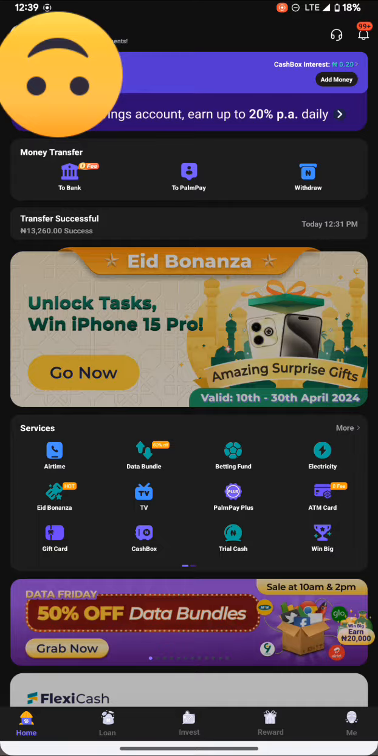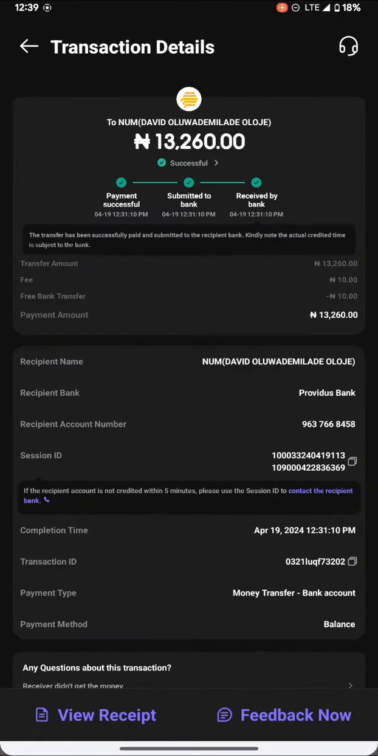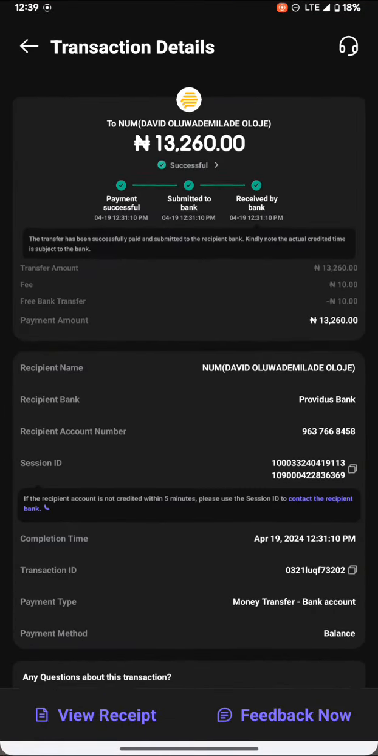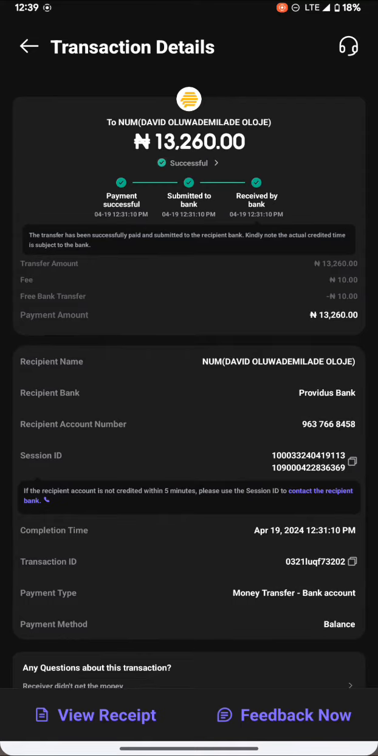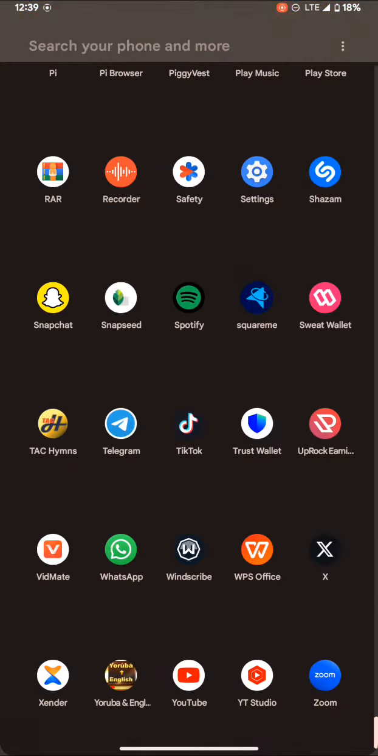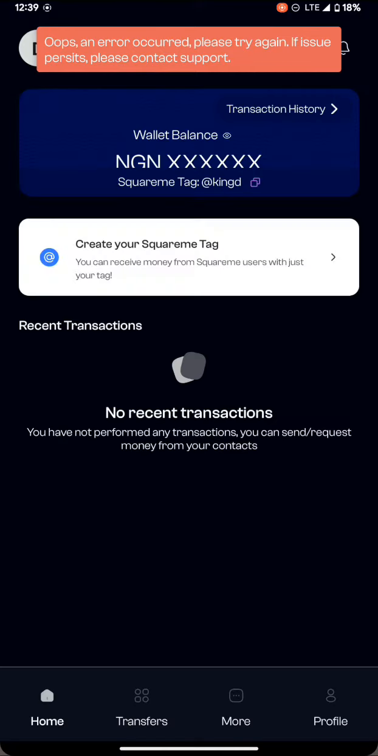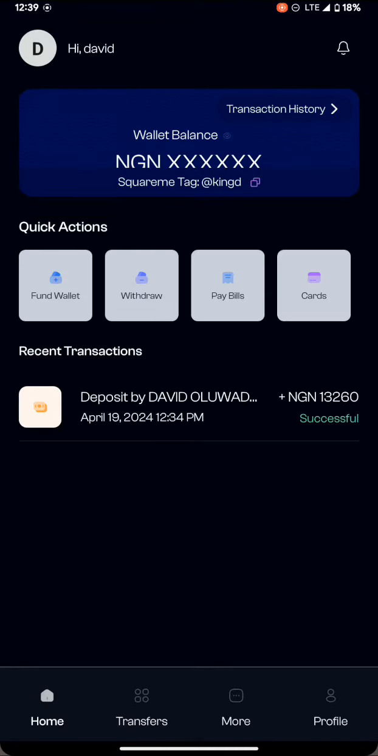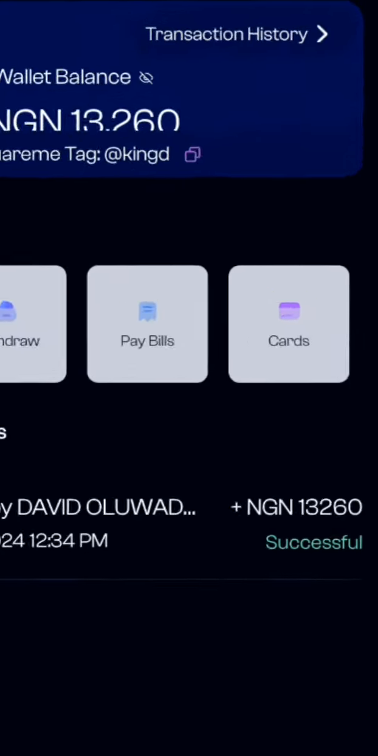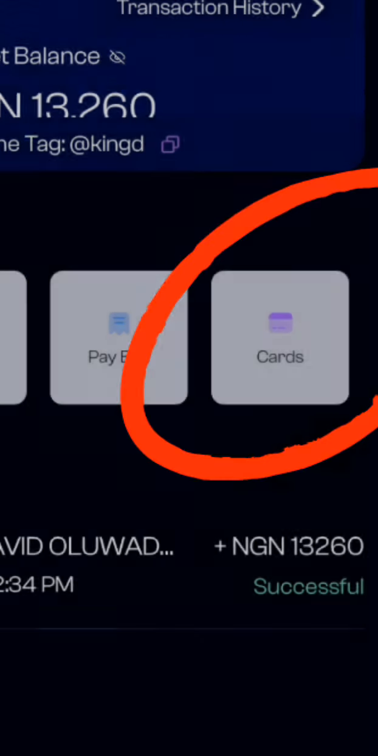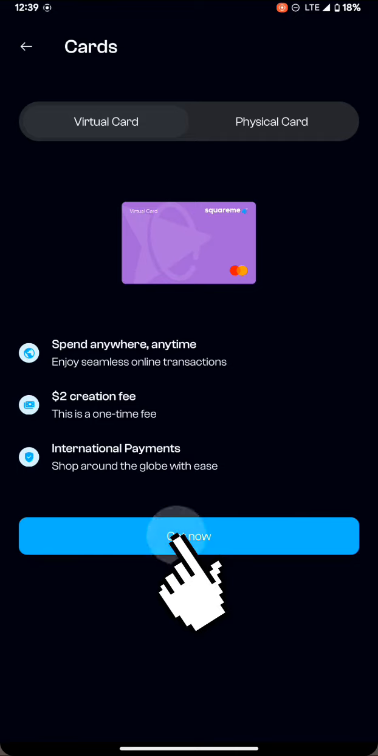And here is my PalmPay account. I want to show you the receipt of a payment I made to my Squareme account. So as you can see, I have been credited. I have seen the exact amount I have deposited. So now let us click on the cards button. So let's click on get now,